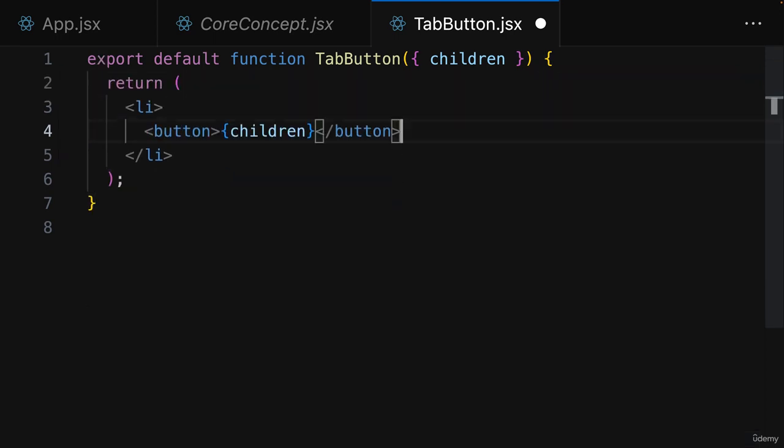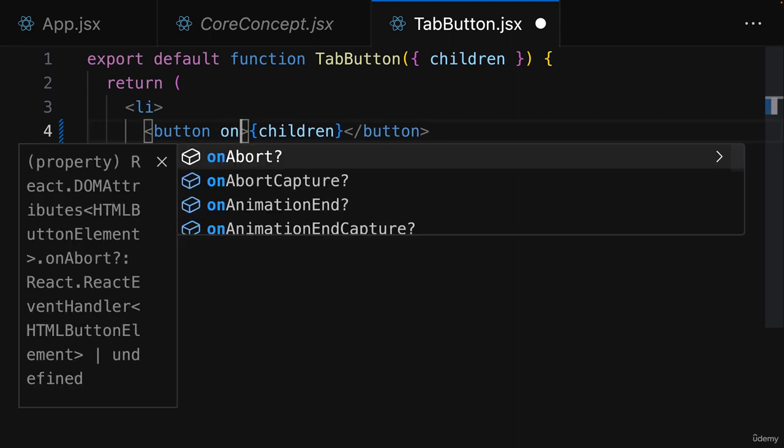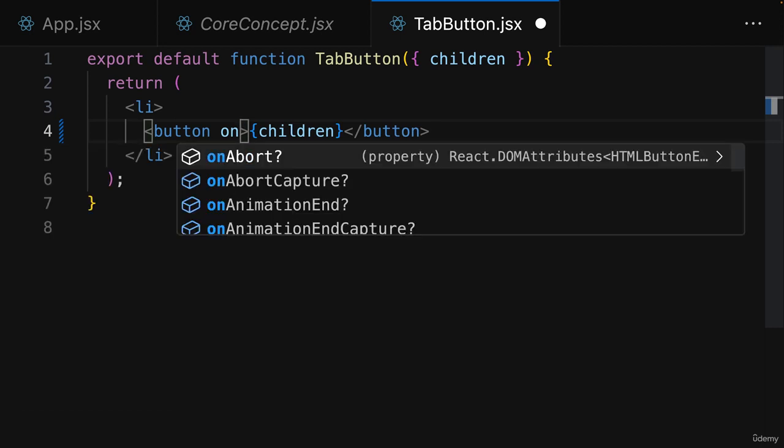And therefore in React, you instead add event listeners to elements by adding a special attribute, a special prop to those elements. And I'm calling it a prop here as well, because in the end, those built-in elements are also just components that are already provided and understood by React, you could say. And the special prop we want to add here is the onClick prop. And these built-in elements support many on something props. As you can see, if you just type on and you then open this suggestion menu by pressing Control space,